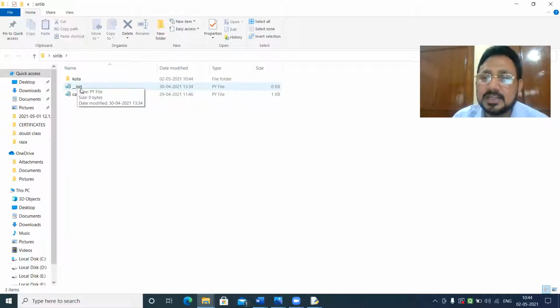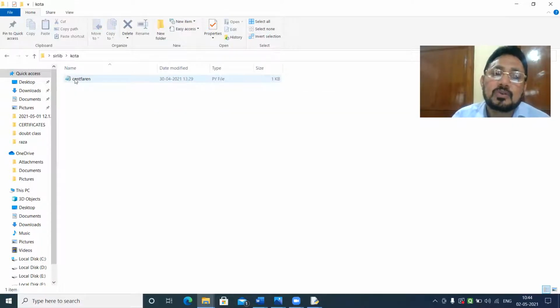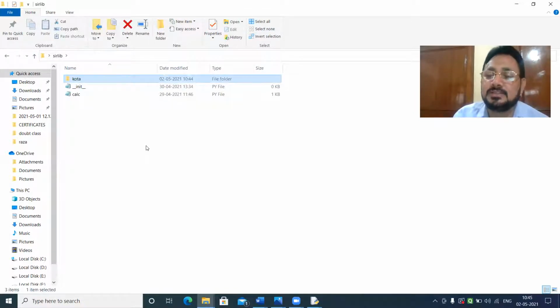But this folder is having another folder in it. That simply means this folder is considered a package, or you can say a sub package, only when it has an init file defined in it.